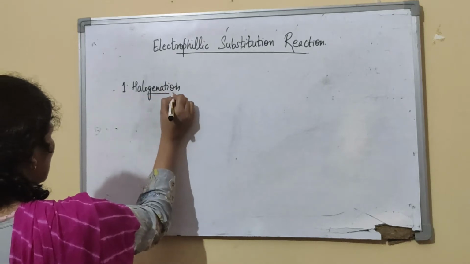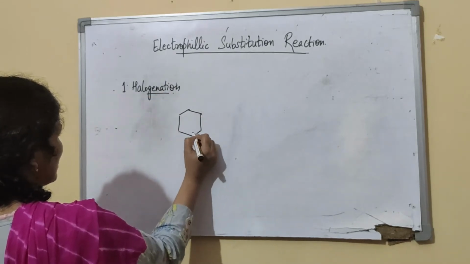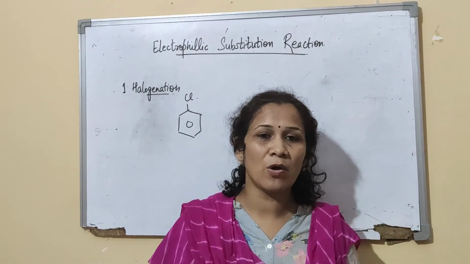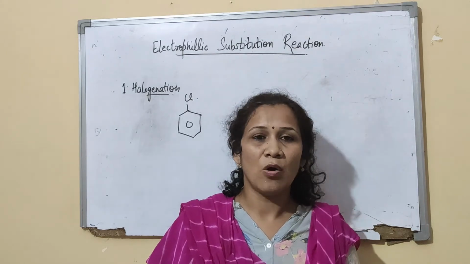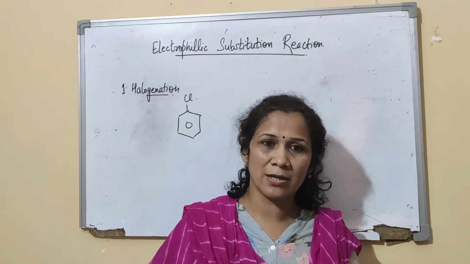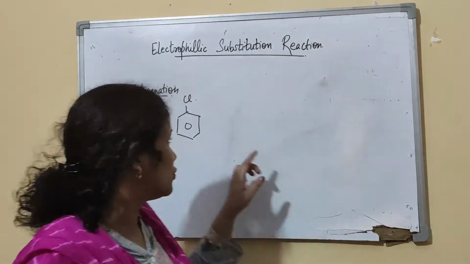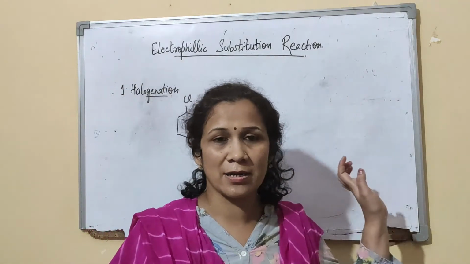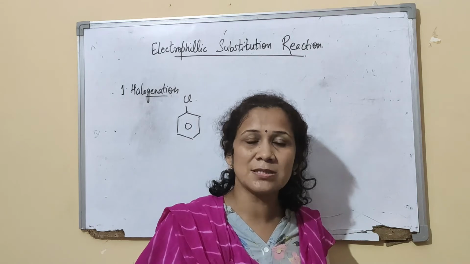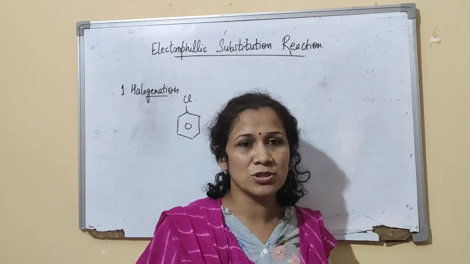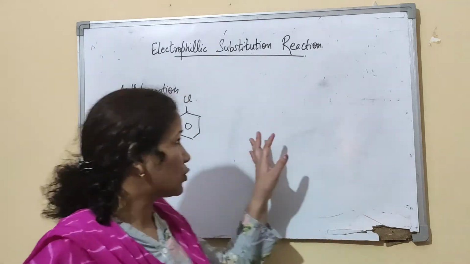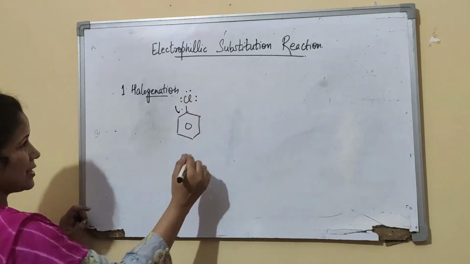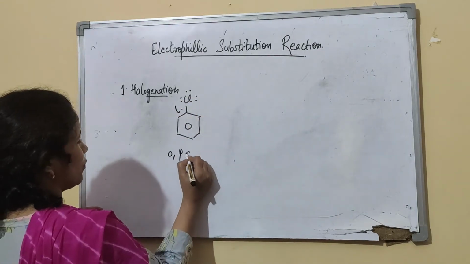Before we start with this, we should know whether chlorobenzene is ortho-para-directing or meta-directing. So we should know what we mean by ortho-para-directing and meta-directing. All the groups which are ortho-para-directing redirect the coming group to ortho and para positions. They are known as ortho-para-directing groups, and the meta-directing group means the coming group will be coming on the meta position and get attached to it. So coming to chlorobenzene, we see that there are 3 lone pairs. So 3 lone pairs, when they come inside, they show resonance. So it is an ortho-para-directing group.